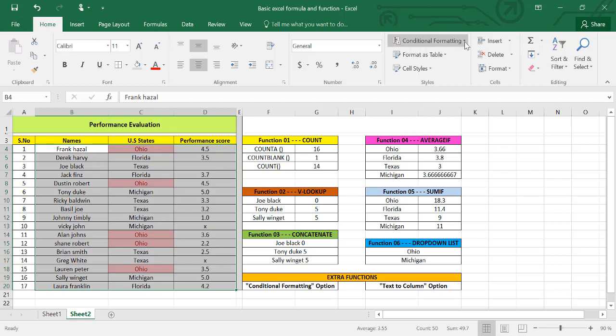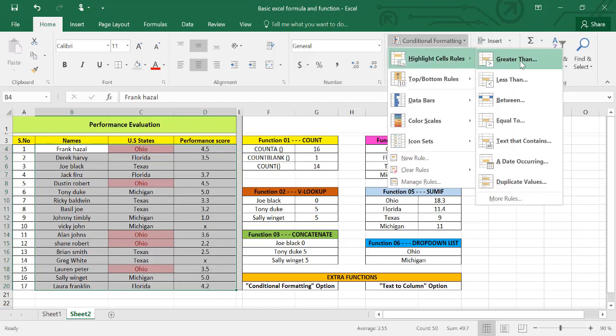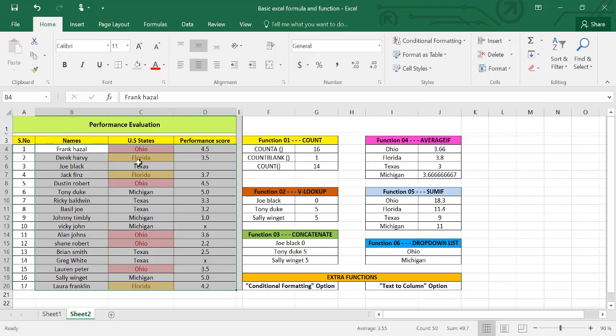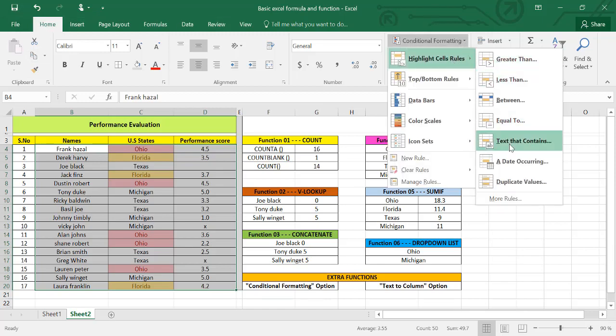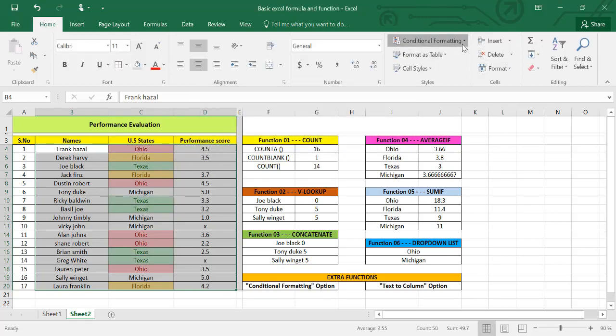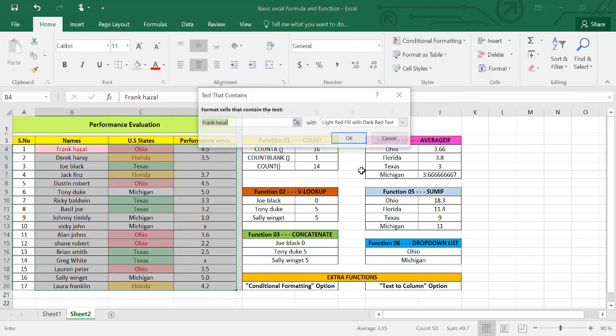Similarly, you go again to Conditional Formatting, Highlight Cells Rules, and go to Text that Contains. You will select Florida, and the color you will select is yellow. Okay, now you see that Florida is highlighted in the color which we have chosen. Go again to Conditional Formatting, Text that Contains, and do it with the other two with different colors. For Texas we have selected green, and for the last, Michigan,